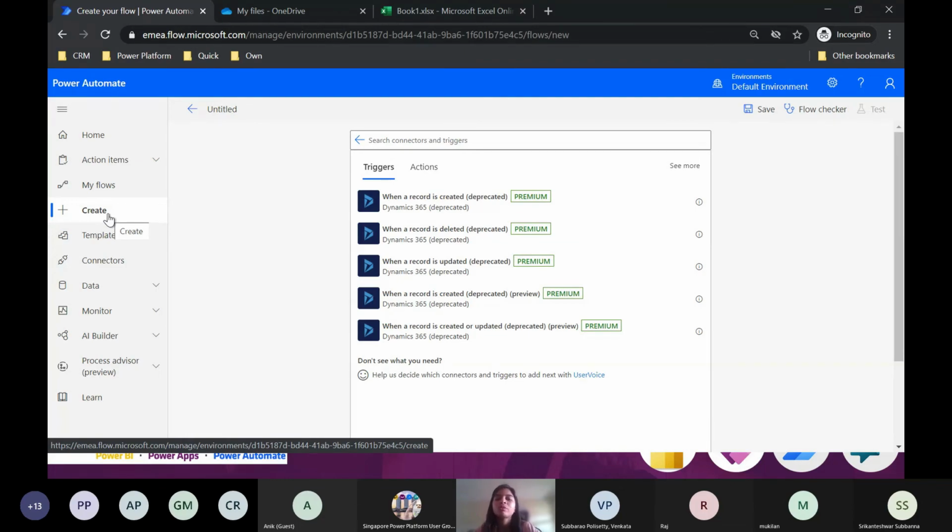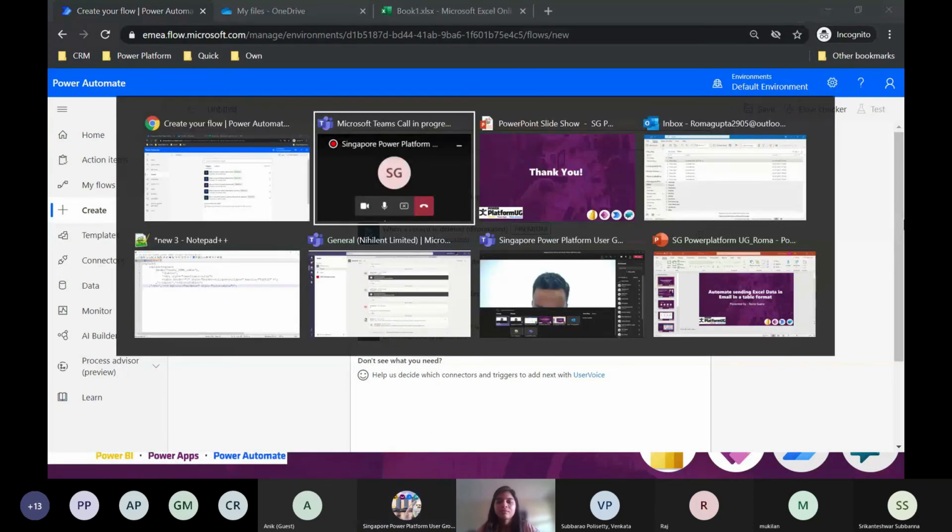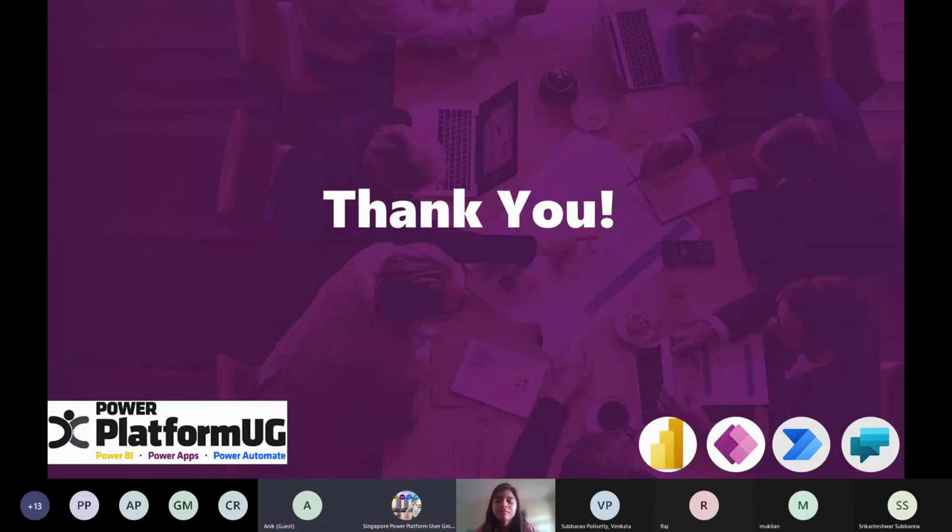So this option would be viable, and since you are a non-technical person, there are easily available templates and triggers, so you just have to log in and the template is ready for you to use. There is very little coding unless you want a very fancy table like I've done in the demo. But yeah, in that case you would want to use Power Automate. Okay. I think there are no more questions. I can see only two questions so far.